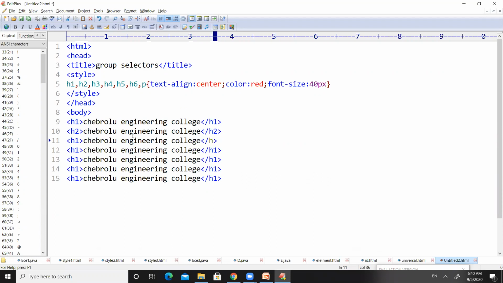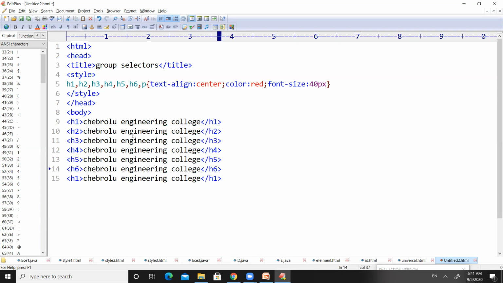If you use these different tags, right, the text size will be very high for H1, and the text size will be very low for H6. But here, all the tags will get the same text size, same color, and same alignment, right? This is only possible because we have applied some group selector.